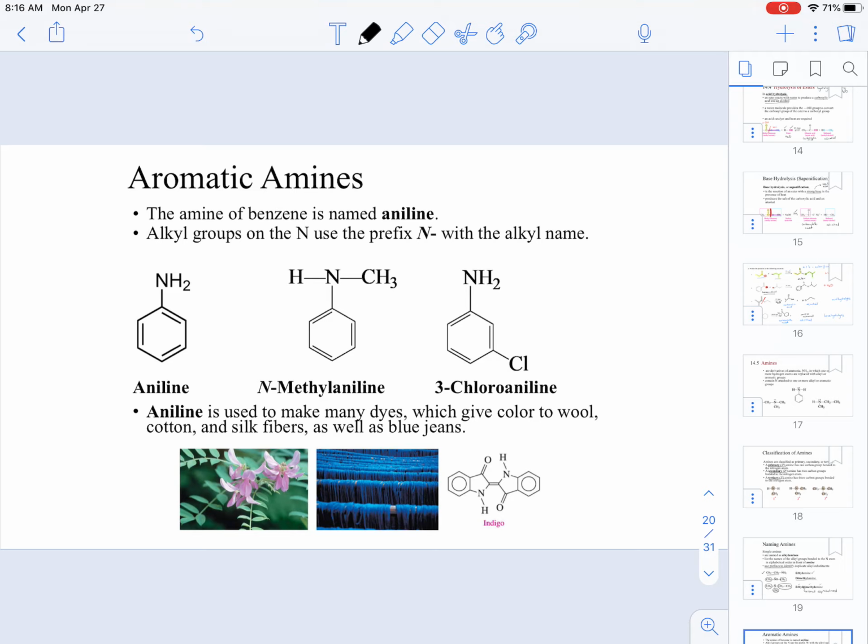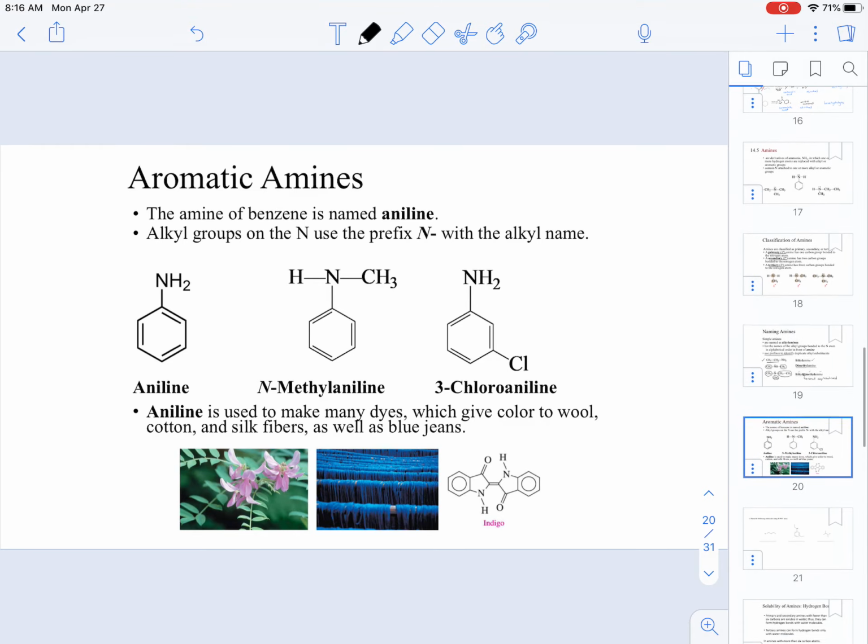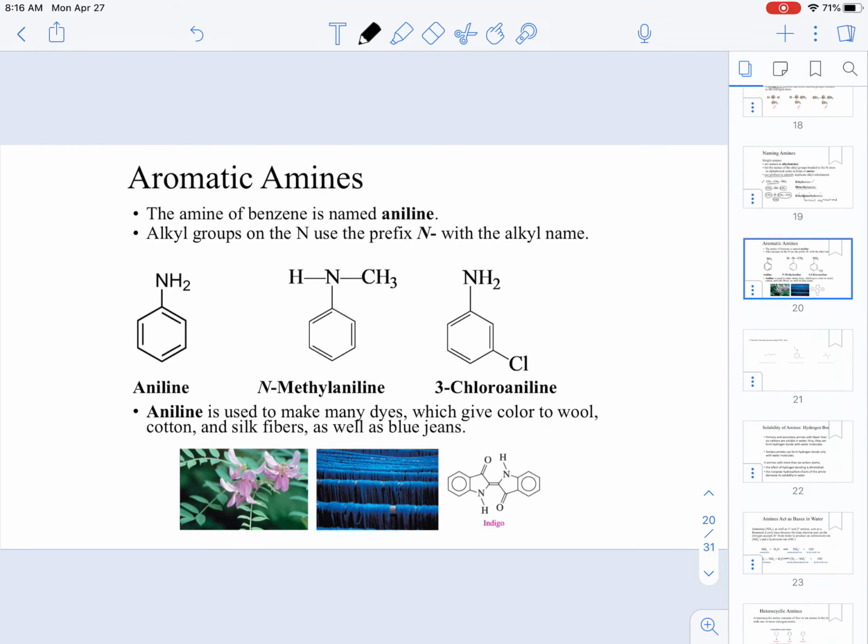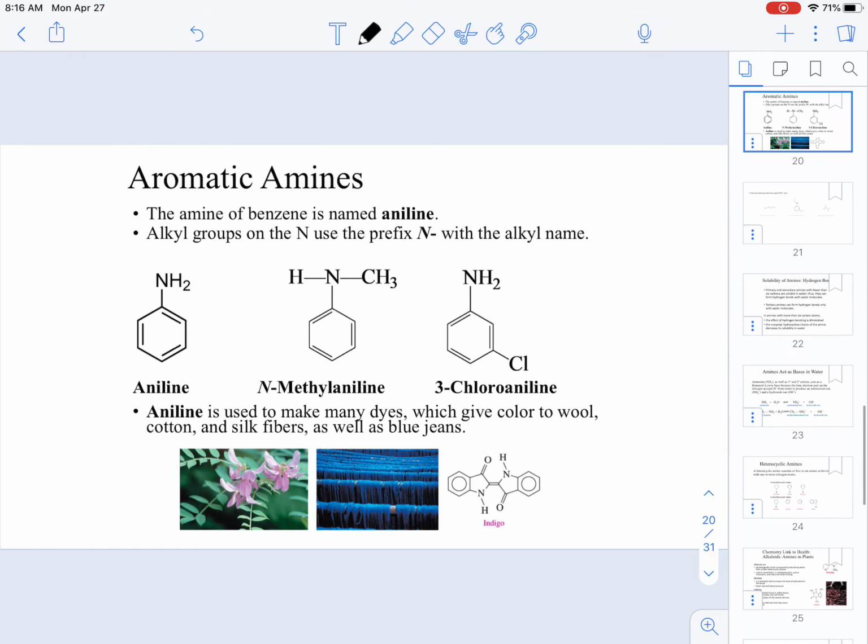Now, we have seen in Chapter 11 already discussions about aromatic amines. And when it comes to aromatic amines, we already know that if we have a benzene ring bonded to an amino group, that is known as aniline. Okay? So, when we are naming anilines, one of the things that we did not establish back in Chapter 11